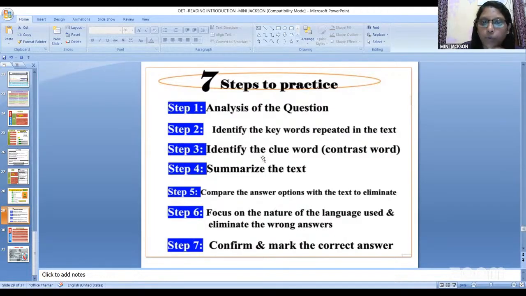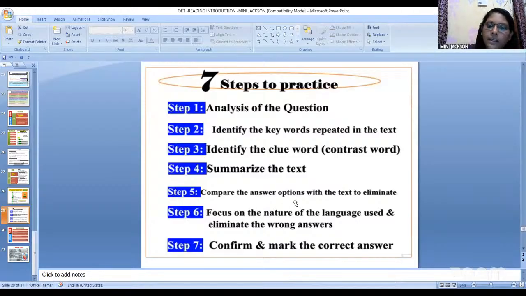It's not a quick method you can do before competency, only after. Once you become competent, once you read the question you can write the answer, and that will be a better quick method to follow. Otherwise, just read the question, then go to the text, then come back to the options. Don't read the options first. Read the question, go to the text, then come back and compare with the options. Clear?